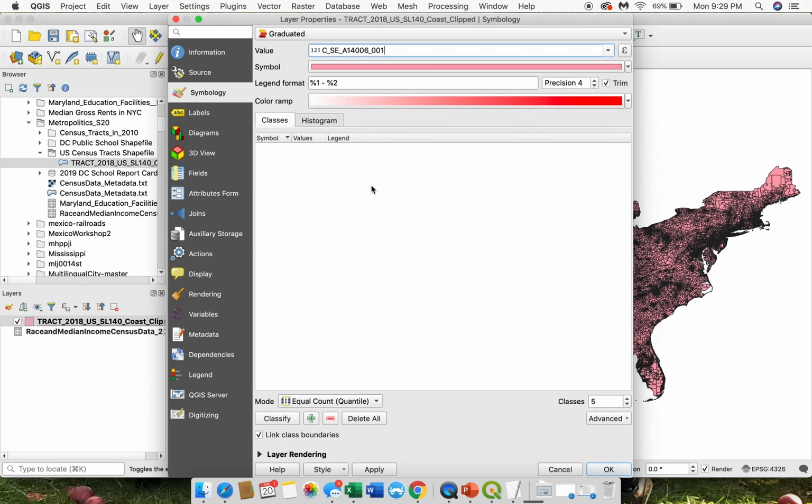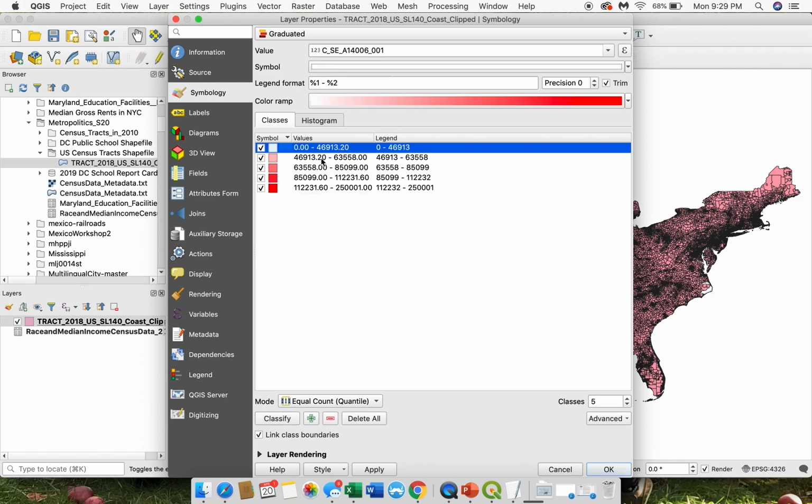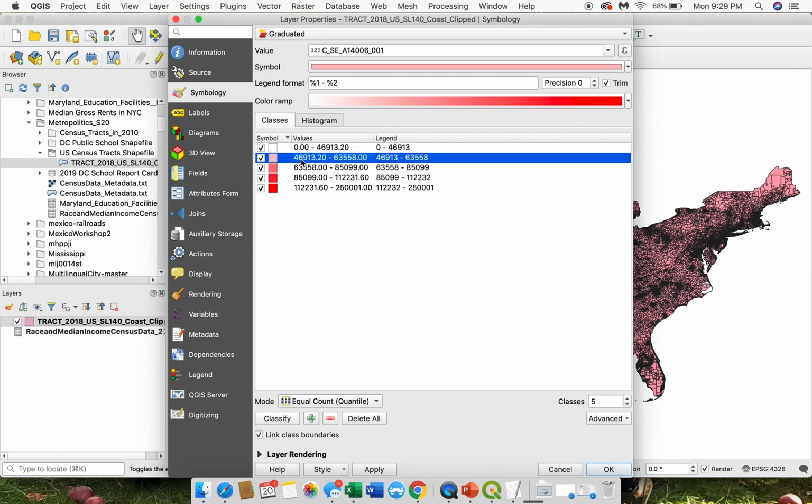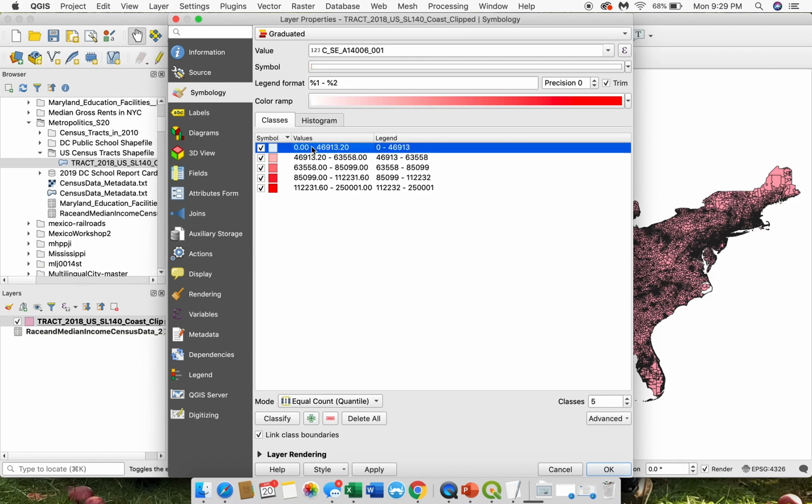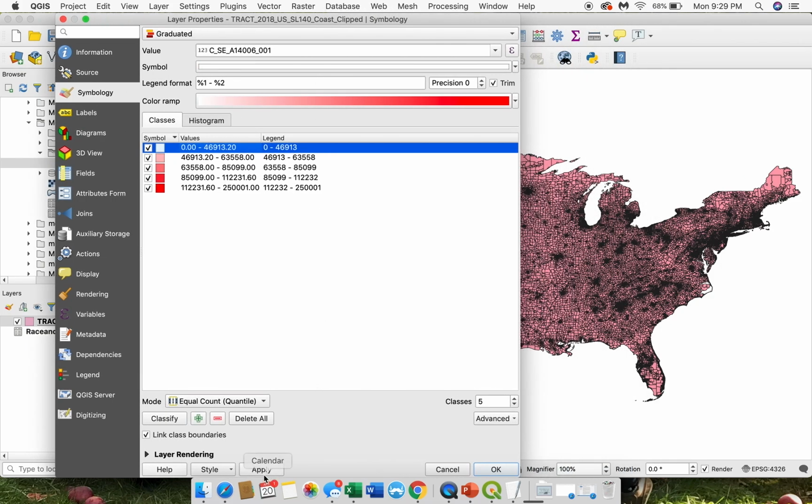Okay, so we'll click on that one, and then we're going to click on classify. What that will do is figure out what the lowest value is in the data set, the highest value, and then create some graduated color scheme. So this starts at white, which you might not necessarily want, so you might want to change the lowest data point. You can see that the lowest data point is probably 46, which is why it makes anything lower than 46 this white. Okay, so now if you click apply,